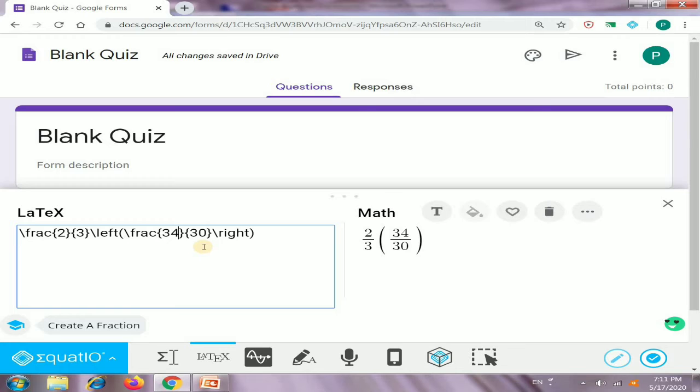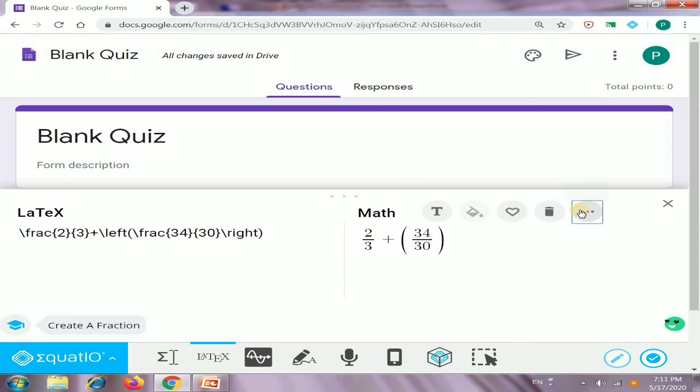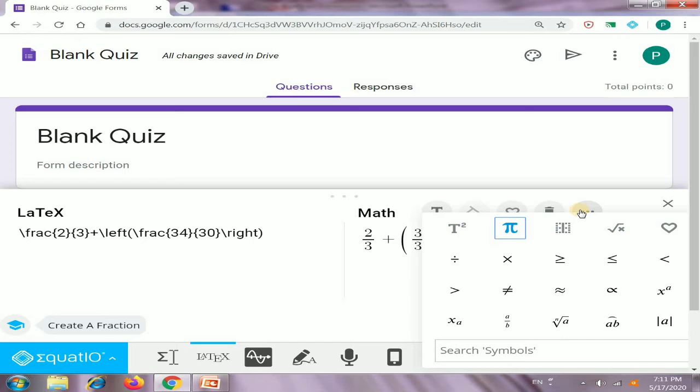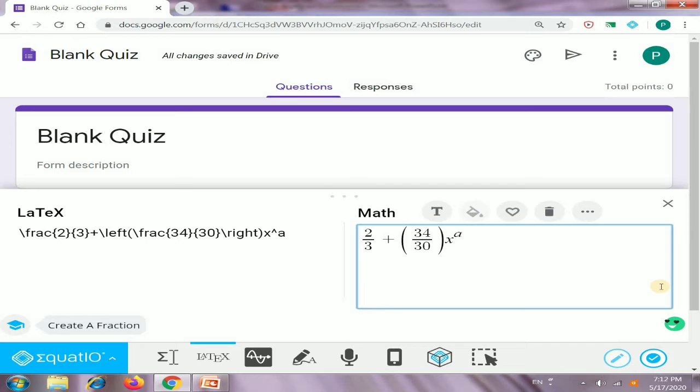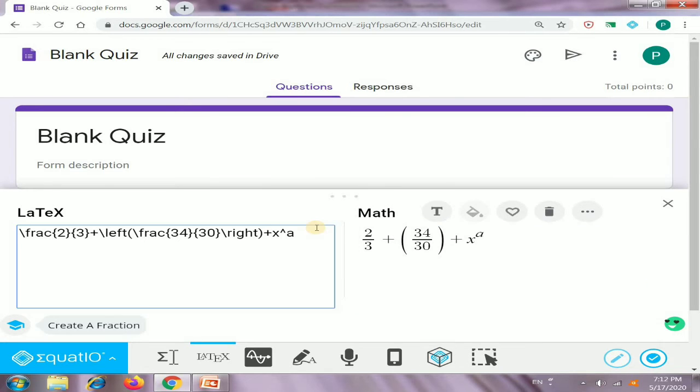So we have got another expression here, 34 upon 30, but here it is enclosed in brackets. Now suppose we want to insert a few more mathematical symbols. Suppose we want exponents, then it inserts x raised to power a. We can change the values of x and a. In place of x we are writing 2 and for a we are writing 5. So it gives you 2 raised to power 5. So we have created the equation.